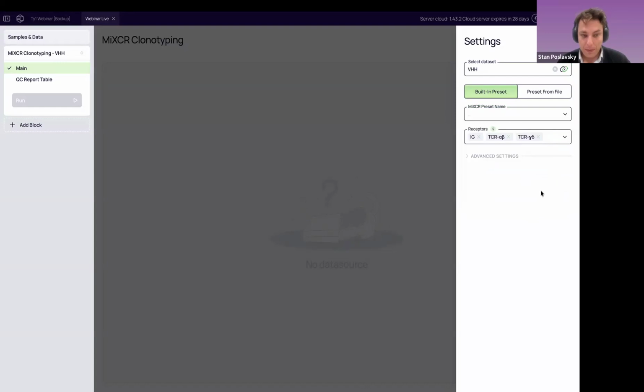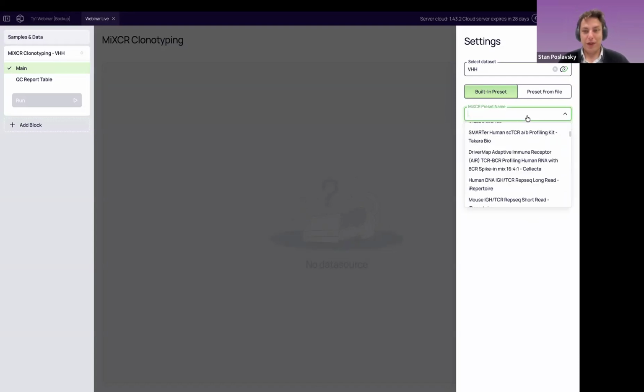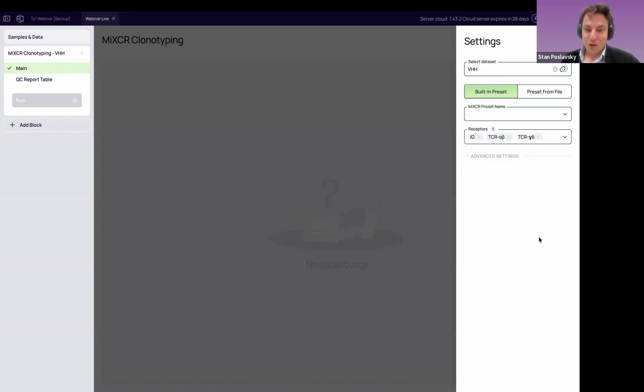Or if we use a custom library preparation protocol, which is a frequent case, Mark, tell me how many people doing antibody discovery use custom library preparation protocols and how many use the vendors, based on your tremendous amount of